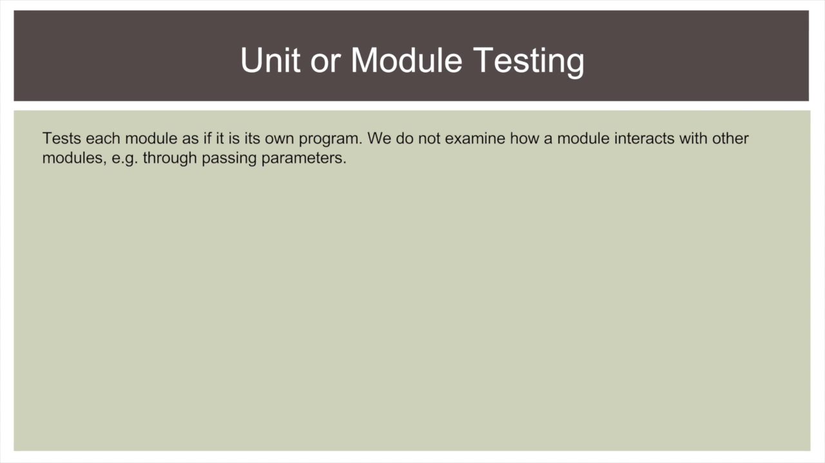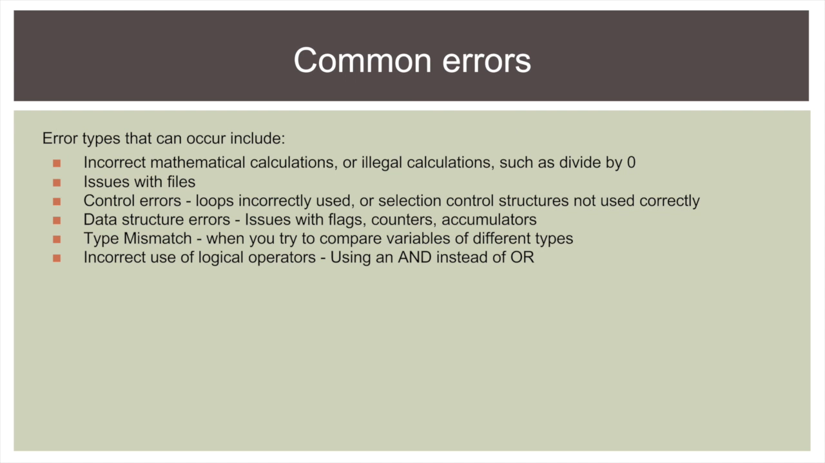Unit or Module Testing is when we test each module as if it's its own program. We don't examine how a module interacts with other modules, for example through passing parameters. We just look at the logic of the module. The common errors that we see here include incorrect mathematical calculations or illegal calculations, such as